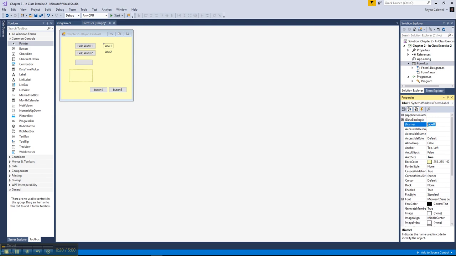I could, but it's a little redundant. I'm not going to be referring to it in any of my code necessarily, but it's probably not a bad idea. So I'm going to say label, and then I'm going to say Hello World, and that'll be for number 1. Now down below, I'm going to change the text again to Hello World, but this time I want it to